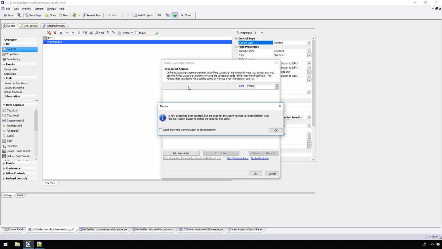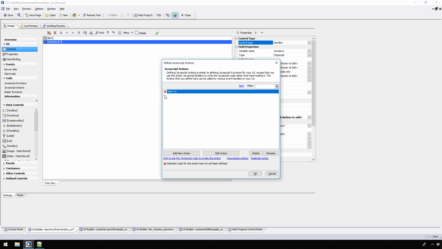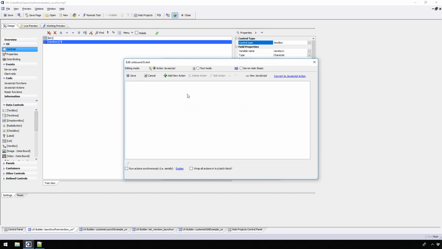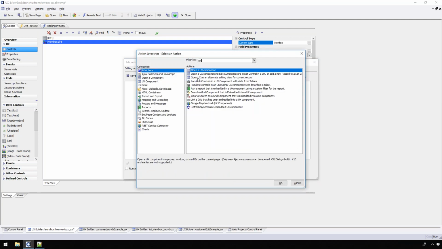Okay. And it creates this action, but you'll notice it's red, which means it hasn't been created yet. So I'm going to double click on this and it opens up our action JavaScript. So we're back into the regular action JavaScript world. So now I can go add new action, type UX,